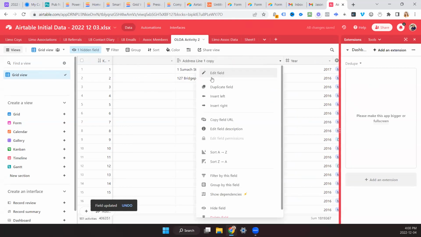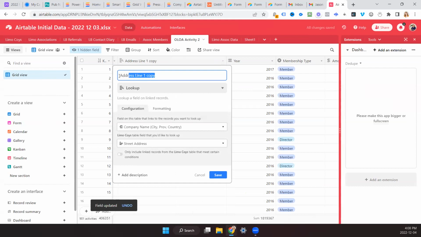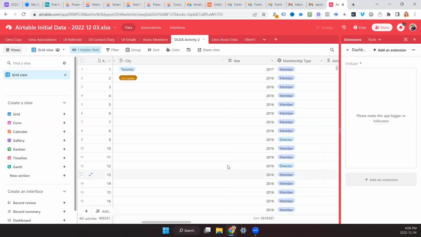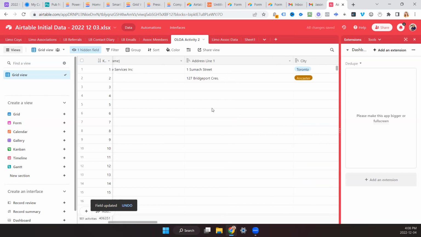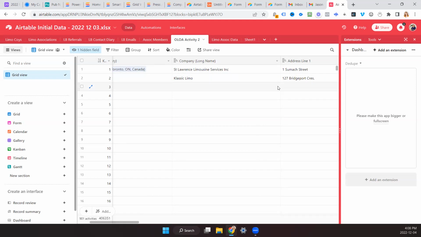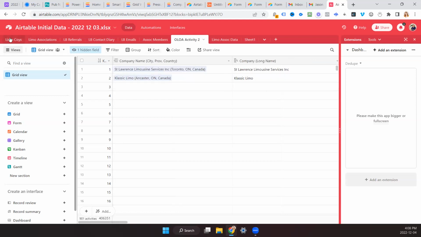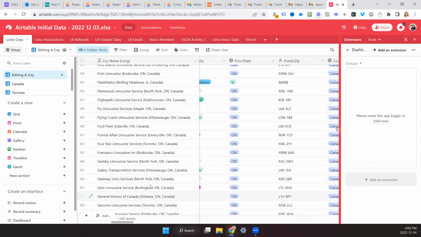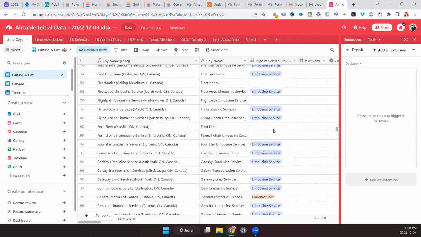Do you have an address line 2? No, well, I do, but there's no data in it. Okay, so we'll look up city, or is it community? City community. So we look up all these different fields and I can keep going, but that's all being looked up. You don't need to type it in again. And then we could create a formula if you want to have this recreated. Right, okay, so that works.